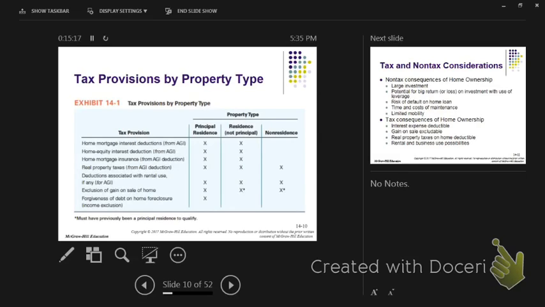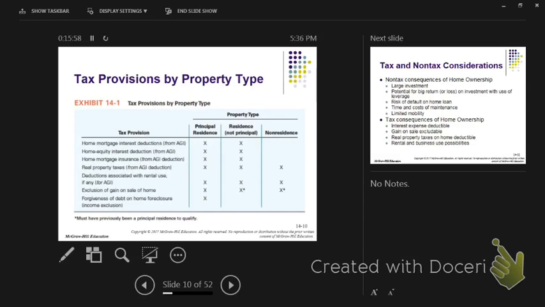Now, exclusion of a gain on the sale. Now, notice these 2 have asterisks. If we have an exclusion of a gain on a sale on our principal residence, we can exclude it, assuming that we meet all the qualifications to exclude it. If we want to exclude the gain, it had to have been a principal residence. Otherwise, you can't exclude it. So a non-residence, if we never lived there as a principal residence, then we cannot exclude the gain. If we never lived at our lake house as a principal residence, then we